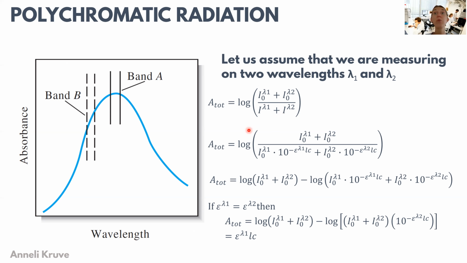And when we transform this by adding in here the Beer's law, where we substitute the I with the I0 and with the molar absorption coefficient, the length of the cuvette and the concentration, then we can see that